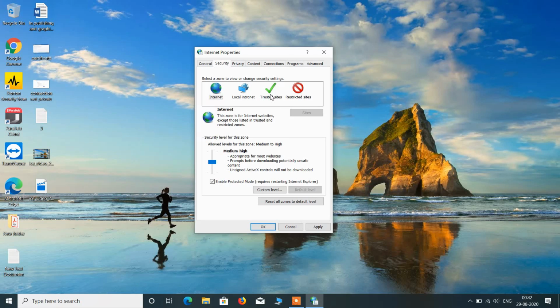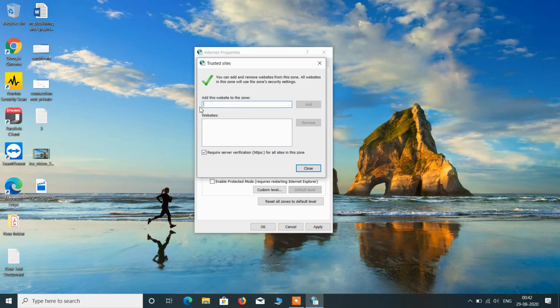After this, just click on the trusted sites option. Just select this tick mark and then click on this sites button. Now just add the website which you are not able to browse or the website that is creating the issue. Just type its name.